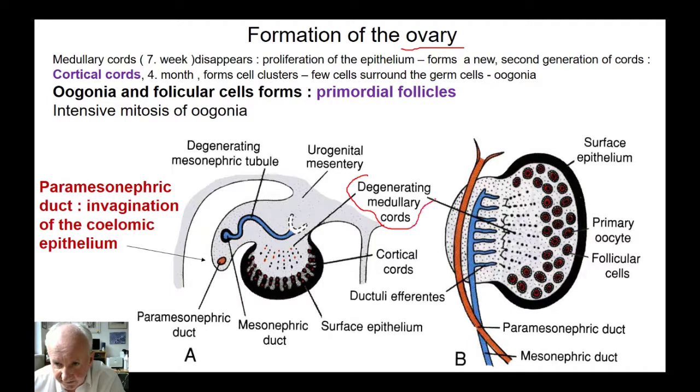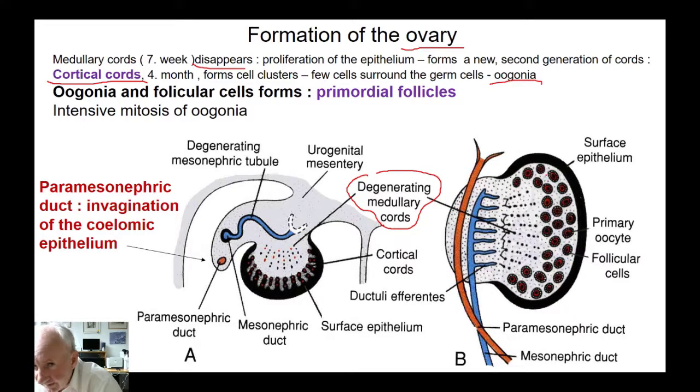Medullary cords were present, but they will completely disappear, because now from the 7th week starting a new second generation of cords, with cells coming out from the surface epithelium, and the new cells forming so-called new cortical cords forms around the 4th month such clusters around the oogonia, and